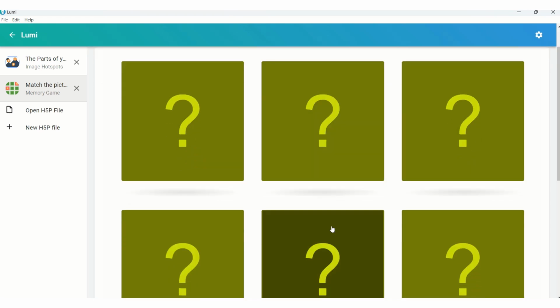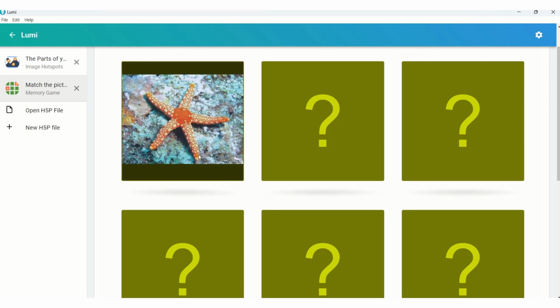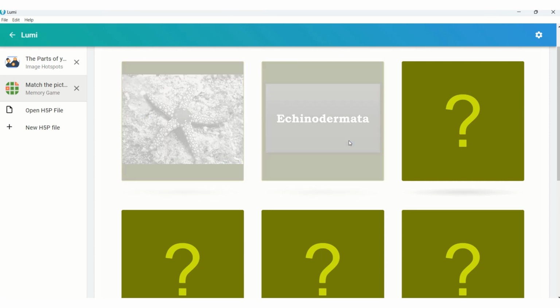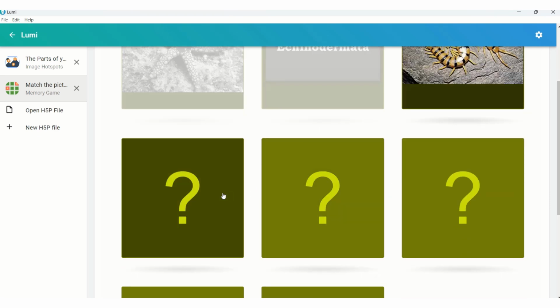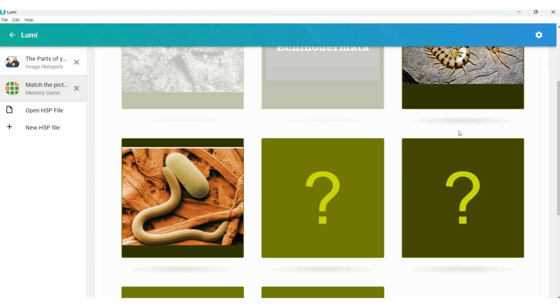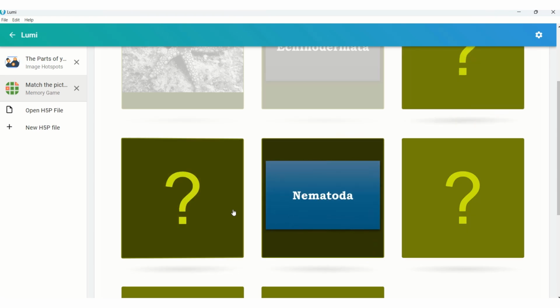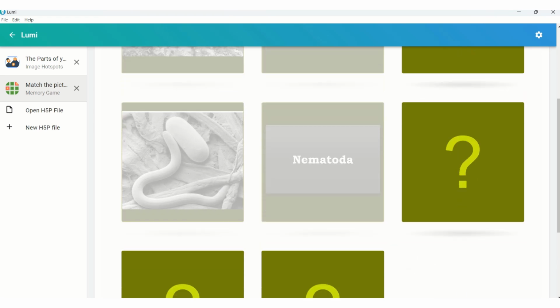So all the students have to do is to click the picture, then match to the second picture. So is that correct? Correct. Because it now has a blurry or grayish color on the box. So click that one. Centipede belongs to wrong. So Nematoda belongs to okay, this is correct. There it is. Let's match.